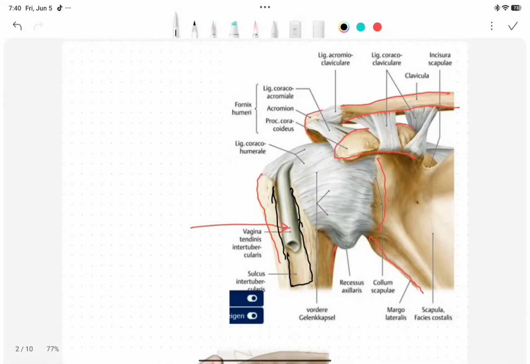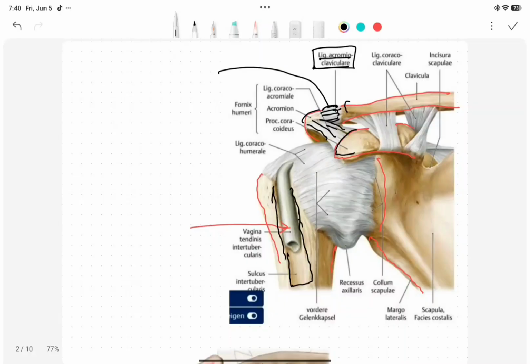Okay, that is the acromion, and this is the clavicle. So the acromioclavicular joint is a plane synovial joint, which is again covered by a ligamentous structure known as the acromioclavicular ligament. This is the acromioclavicular ligament, and there is another ligament that attaches the acromion process and the coracoid process,